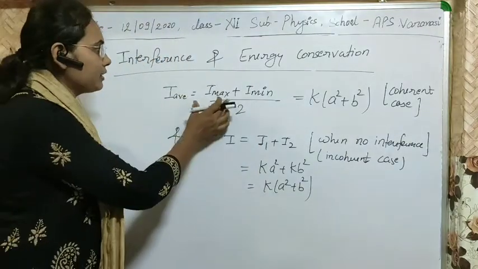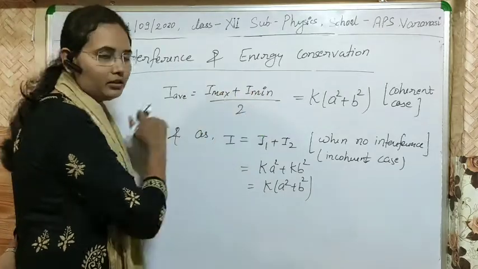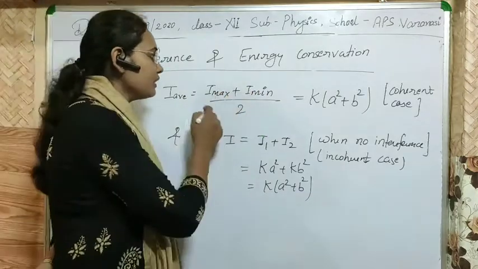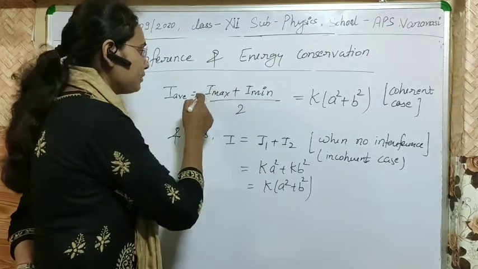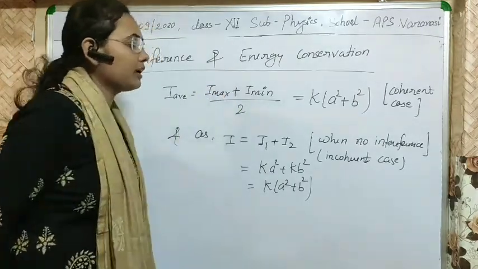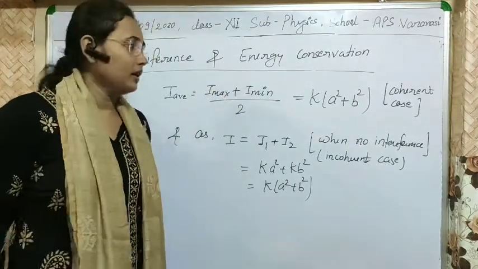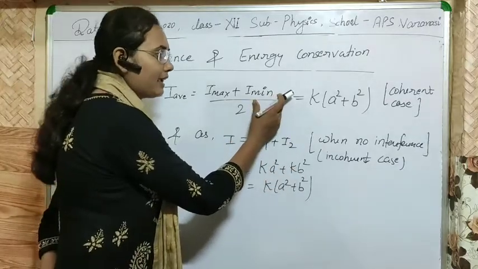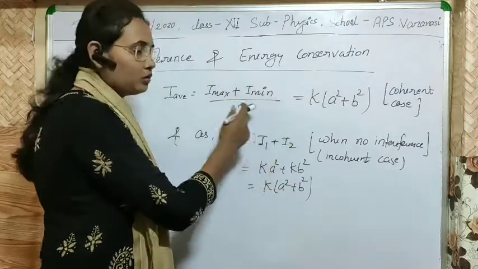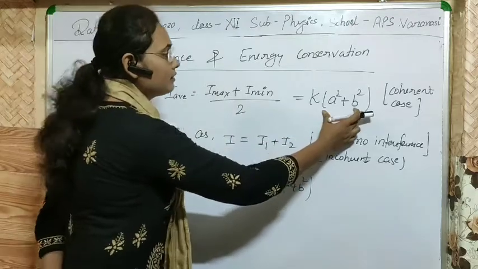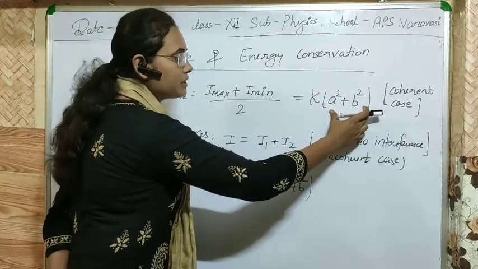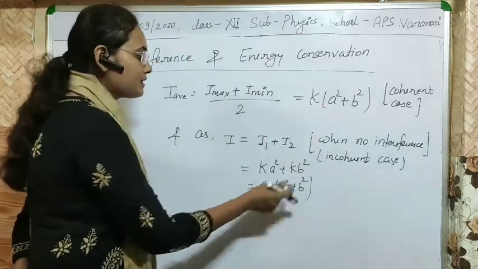So I average will be I maximum plus I minimum, simple. And if you solve this, the value of I maximum you know is K (A plus B) whole square, and the value of I minimum is K (A minus B) whole square. After solving we will get K (A square plus B square),